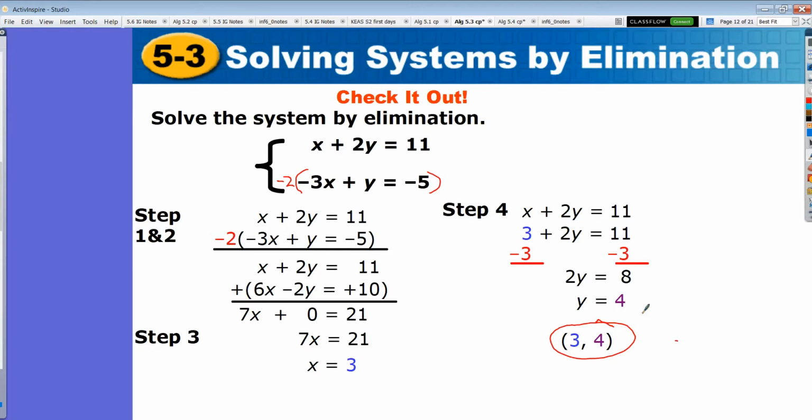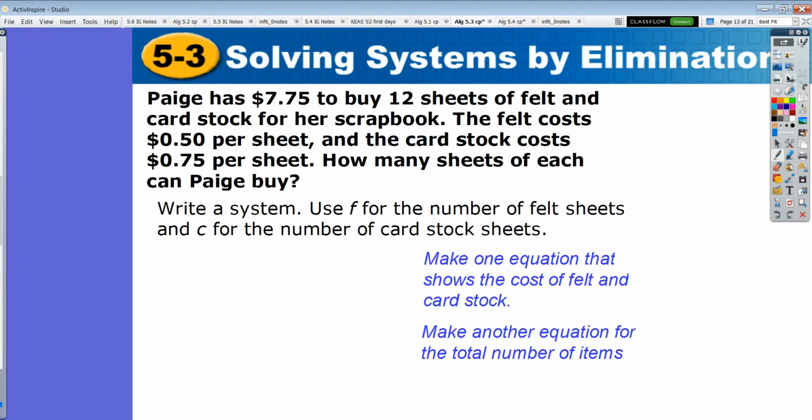And the last thing we're going to talk about is a word problem. Okay, so we're going to take this word problem. We've worked ones like these already for Chapter 5, but we're going to take this and show you how you can work it out using elimination. Okay, so here we have Paige. She has